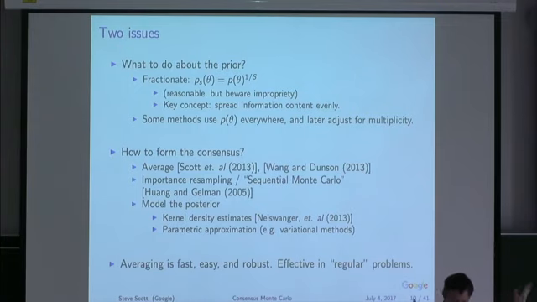But in other problems where the prior is representing your prior knowledge about something, then you can think about giving 1/1000th of your knowledge to each machine, and then the total amount of knowledge in the whole system would be conserved. I'm not going to talk about the prior beyond that. I want to acknowledge that it's potentially an issue. I'm not going to deal with the issue in the rest of this talk. What I will talk about is methods of doing the recombination.